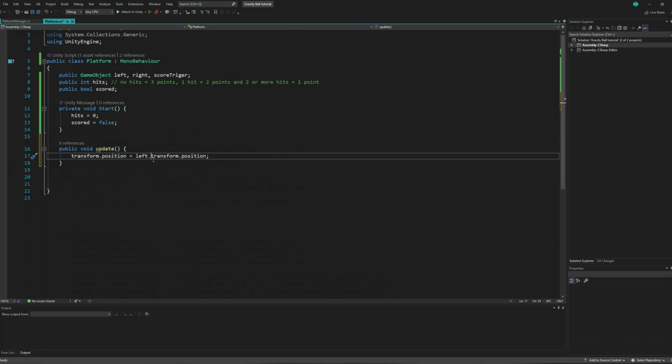Yeah, no, this one. So transform position plus new Vector3. I don't know. It's 0. Do we have a speed? Oh yeah, in Update we need a float speed. Yeah, that's better. That's another reason why we want to execute everything in one location, because every time we call this update from the platform manager, we pass a speed it must go at, and that will be linked for all